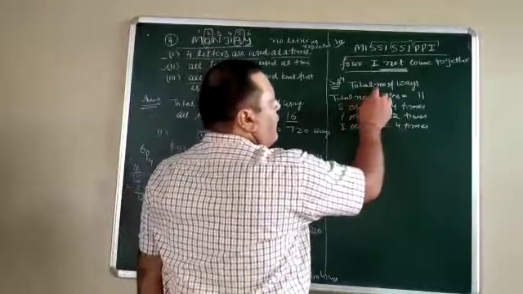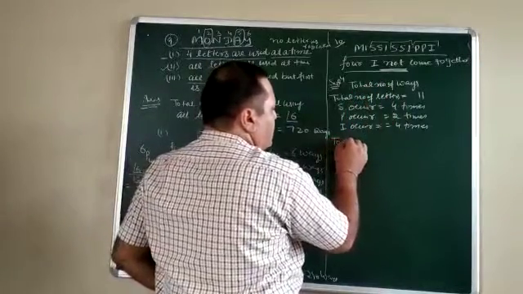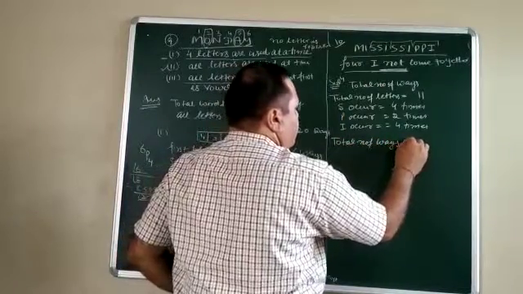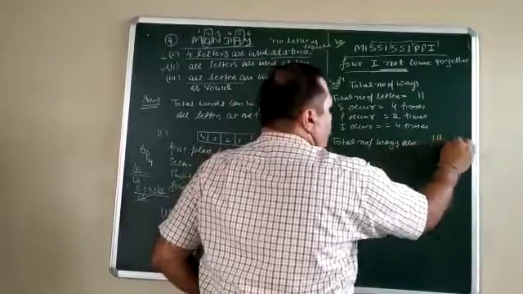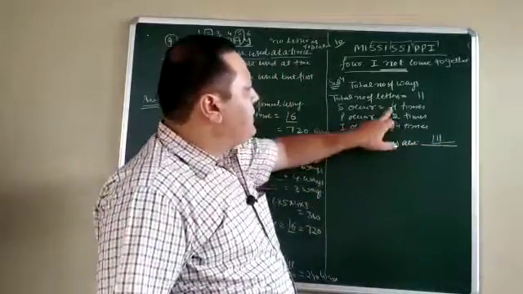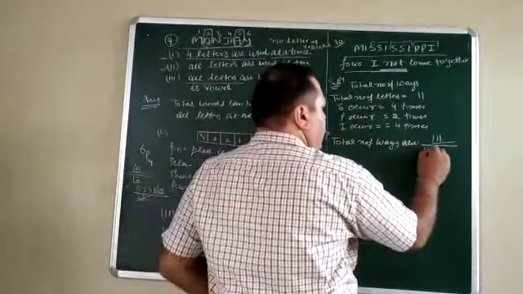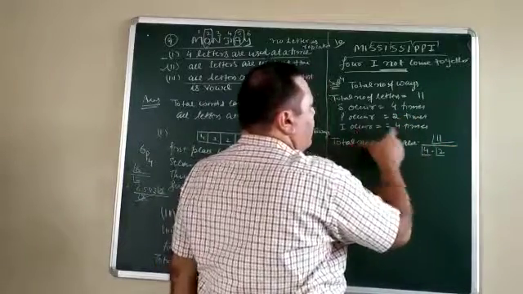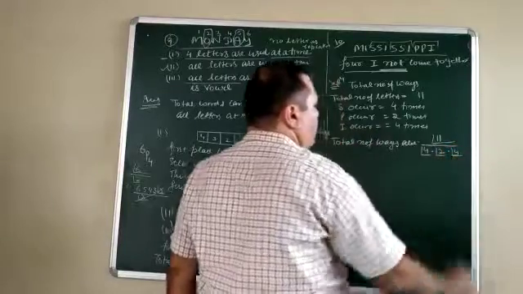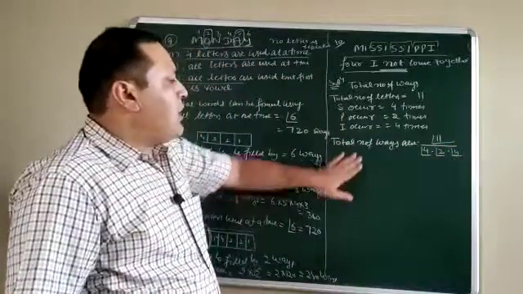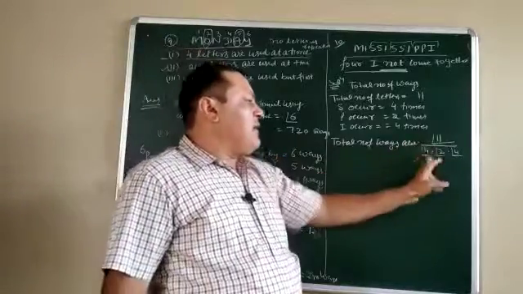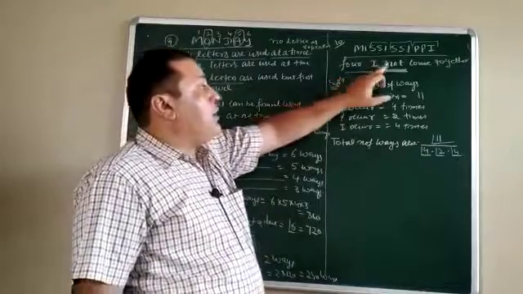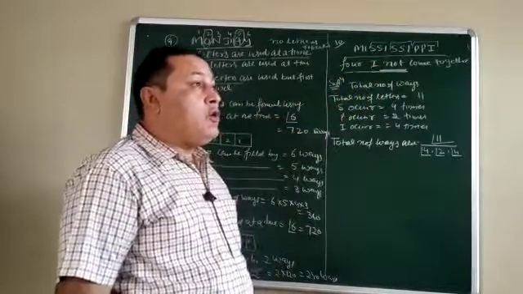So first of all we find out the total number of ways. The total number of ways is 11 factorial. The number which is repeated: S occurs 4 times, divide by 4 factorial. P occurs 2 times, divide by 2 factorial. I occurs 4 times, divide by 4 factorial. So this will tell us the total number of ways. You can go for the calculation and find out the result. But the main question is the 4 I's not coming together.